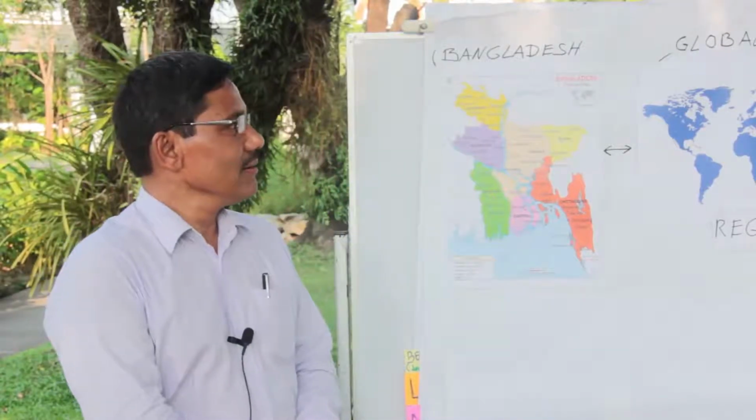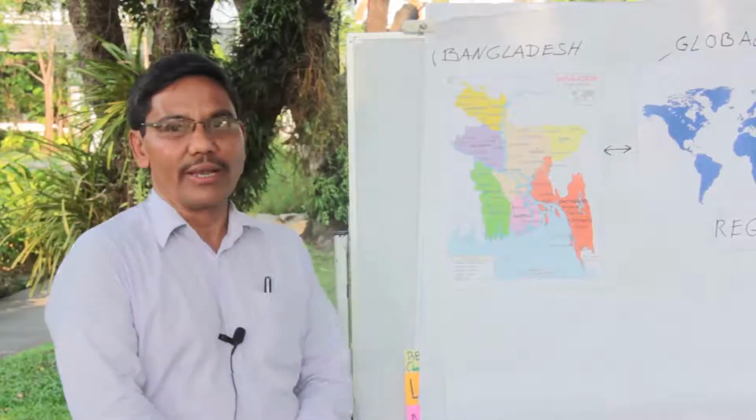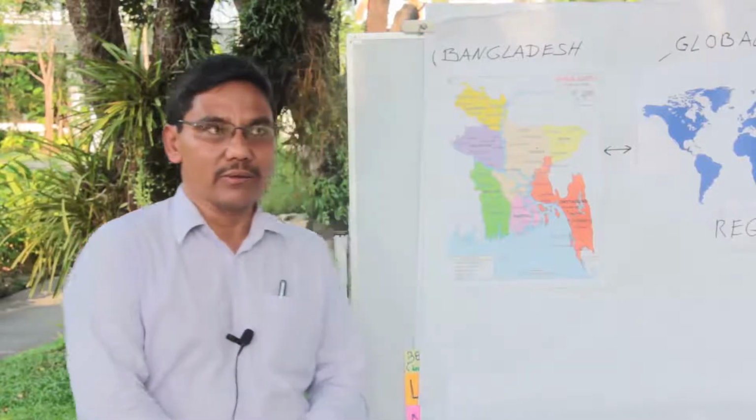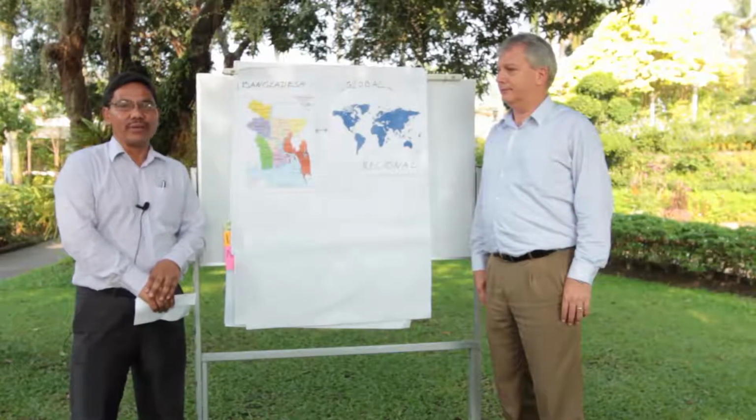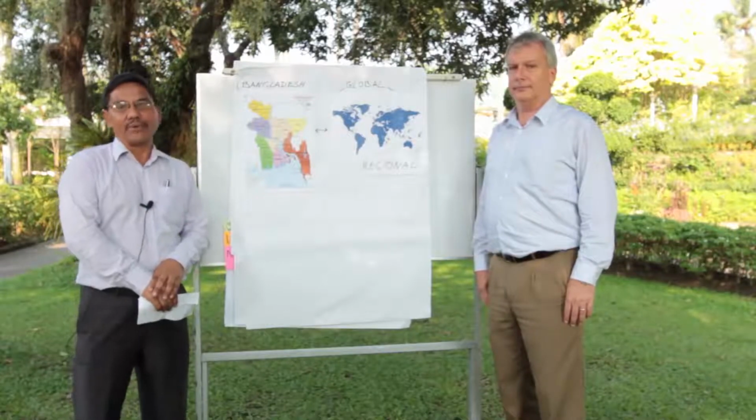We can make the integration in three different levels. One is the country level, one is the regional level, and one is the global level. And we also do integration across the CRPs, across disciplines, within the CRPs at the country level, in different hubs, and also across different program priorities.